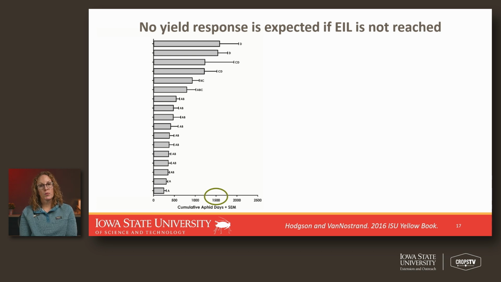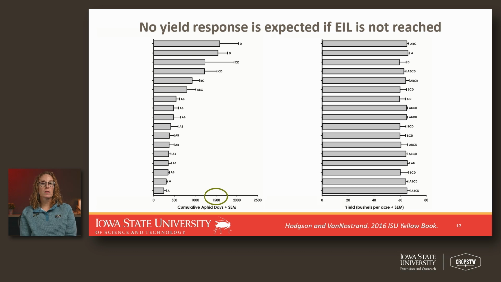This is an example from 2016 where the top treatments only had around 1,500 cumulative aphid days. This is the yield response that goes along with those treatments. And you can see maybe 2 to 4 bushels per acre difference between, say, the untreated control and a kitchen sink approach, which might be a seed treatment plus a foliar insecticide. And so this is a point at which I'm likely not breaking even from that treatment. And certainly, I wouldn't expect to make a profit from treating when aphids haven't reached that important benchmark of exposure